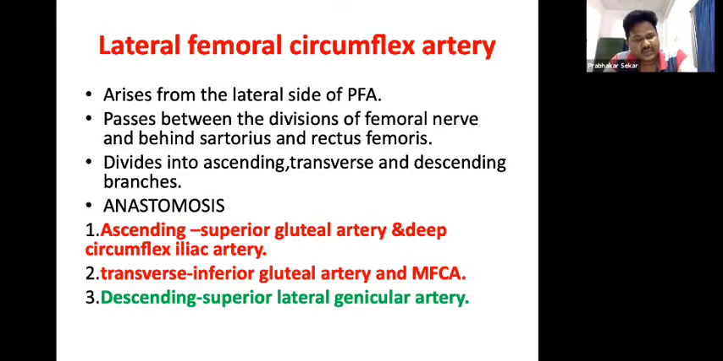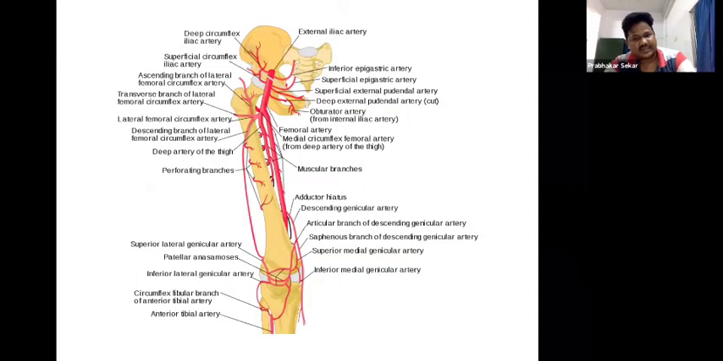So the lateral femoral circumflex artery arises from the lateral side of the proximal femoral artery. It passes between the divisions of the femoral nerve and behind the sartorius and rectus femoris and divides into ascending, transverse and descending branches. You see here, this is the femoral artery, then this is the profunda femoris. From that lateral portion, not medial, and lateral and anterior, here the three branches: ascending branch, transverse